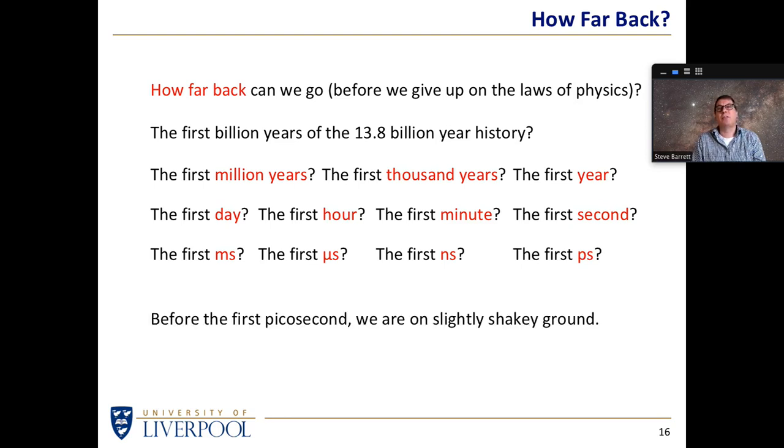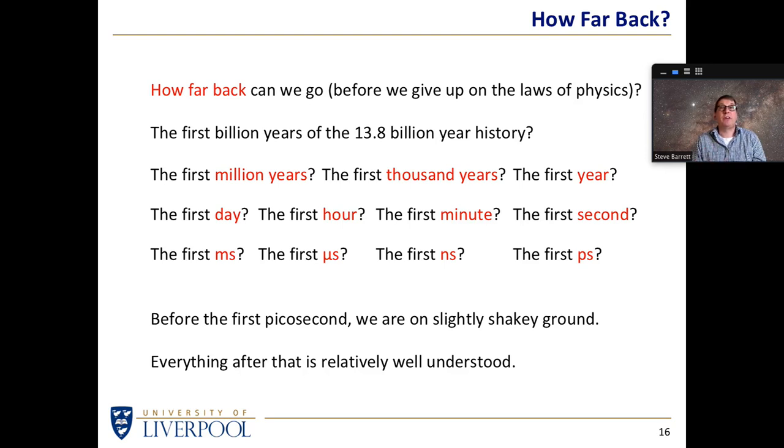Okay, at this point, we have to put hand on heart and say we don't really know what was going on when we get to this sort of point in the universe. Before the first picosecond, before the first 1/1,000,000th of a second, we're not actually sure what was going on. After that point, from that point onwards, we're on fairly solid ground.